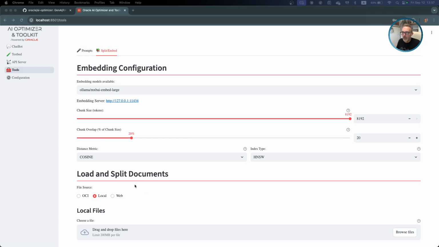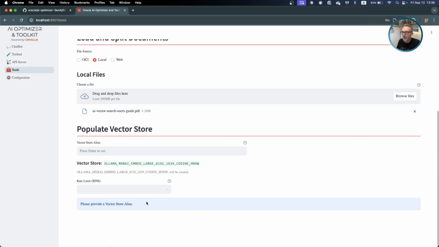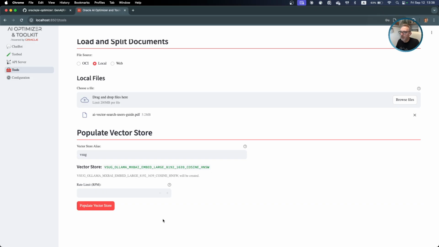I'm gonna use this file, AI Vector Store Search User Guide. Okay, we're gonna name the repository, so it will be Vector Store User Guide.